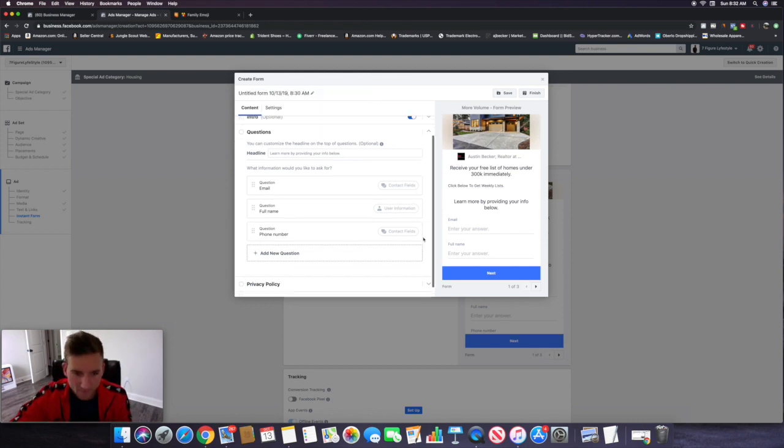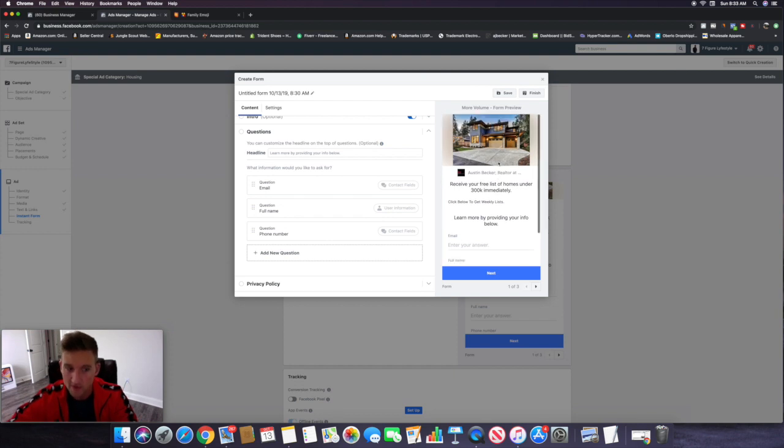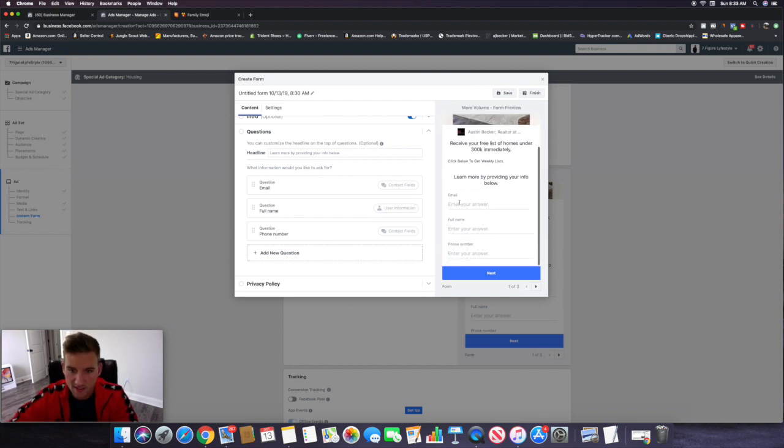So in Facebook, like I said, it'll automatically populate that. If someone clicks your learn more button, when they get to this screen right here, this will automatically be filled out by everything that they have saved into Facebook. So then when they come down here to privacy policy, you also have to fill this out. Your website,